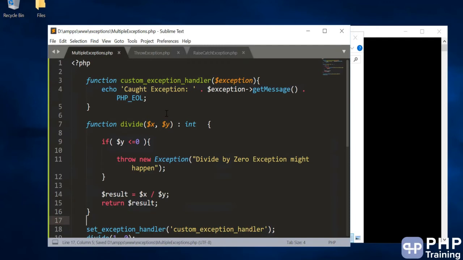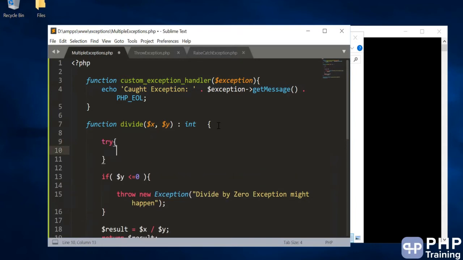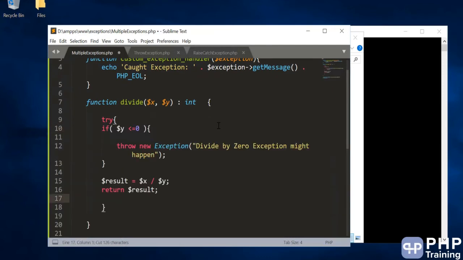This we have already seen, how to capture an exception using a method. So let's try to change this program and try to catch multiple exceptions. So what I want to do is put this in a try catch block. Remember, in this method we are already throwing an exception. So I want to place this inside a try catch block.